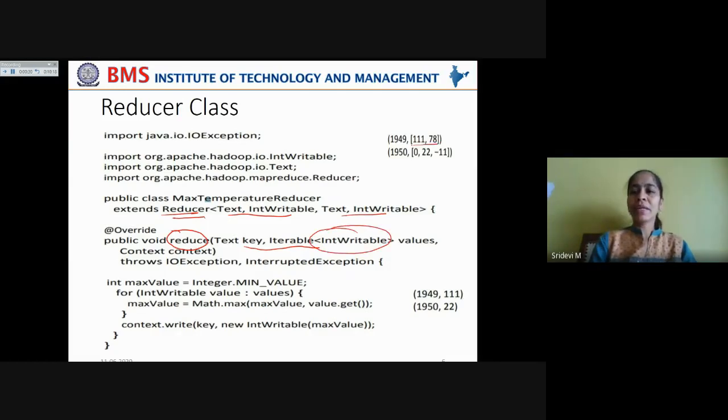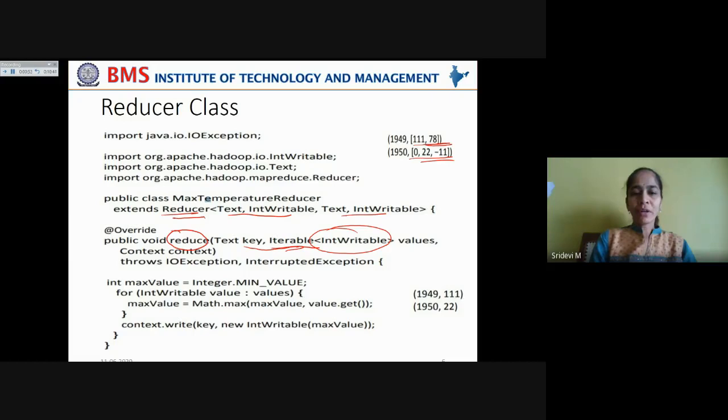Why? Because we are getting the list of temperatures recorded in each year. In order to go through each of those temperatures and find out the maximum temperature, you are taking it as Iterable IntWritable values, which represents a list of values which has to be gone through in order to get the maximum temperature.